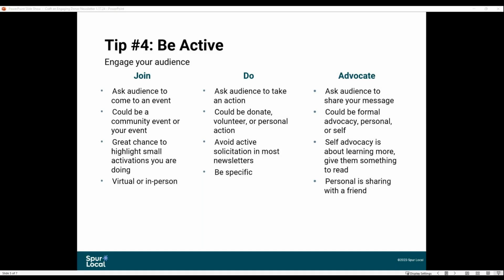So maybe it's, hey, we have this volunteer opportunity. We encourage you to share this with your friends and bring 1 to 2 folks to this. Or, hey, as you read this article, we'd really appreciate it if you share it with some people you think would find the matter interesting. Or share with people in this neighborhood, if you know people in this neighborhood that